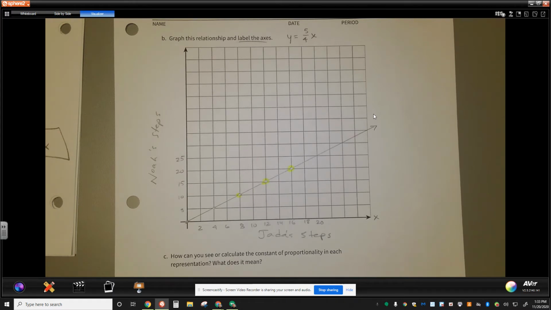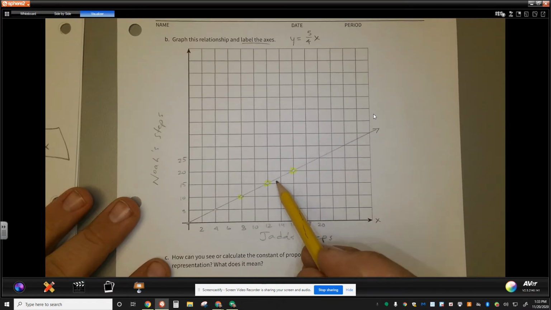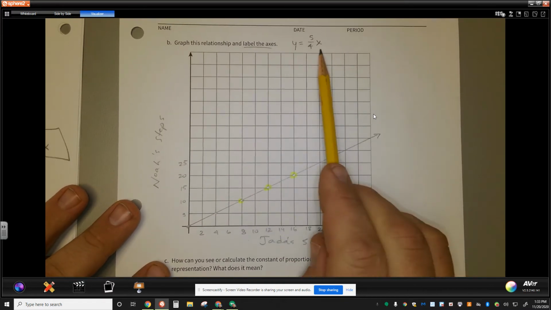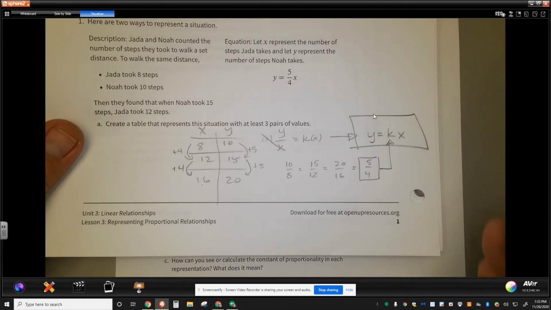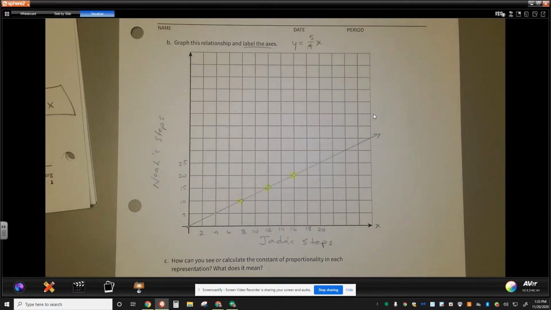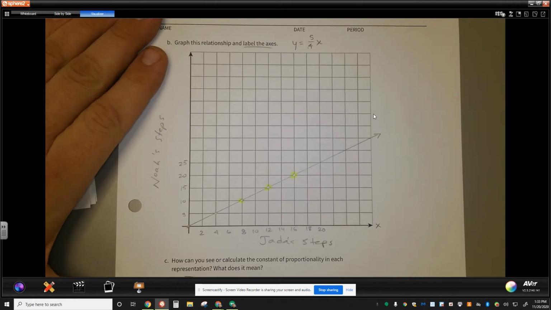But what we need to make sure that we understand is that this data right here as a graph represents this equation right here, as well as this table. And the question in the next one is, how can you see or calculate the constant of proportionality in each of these representations? Well, when we think about the table,